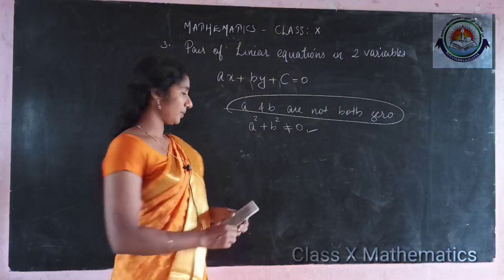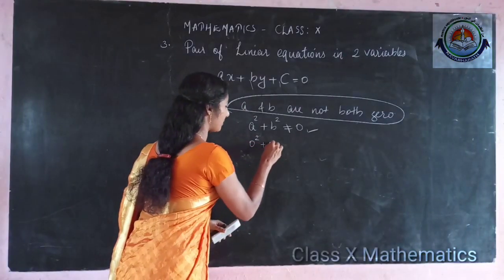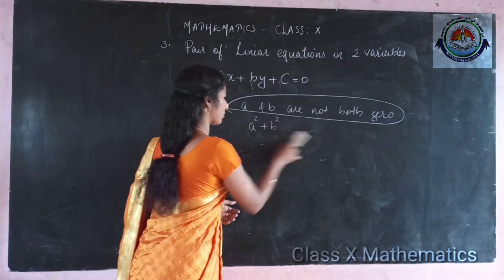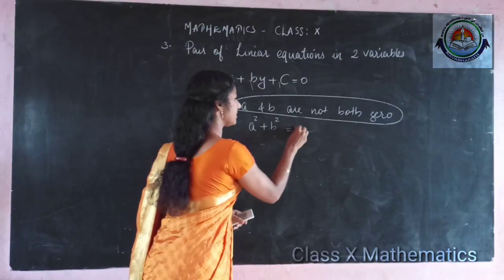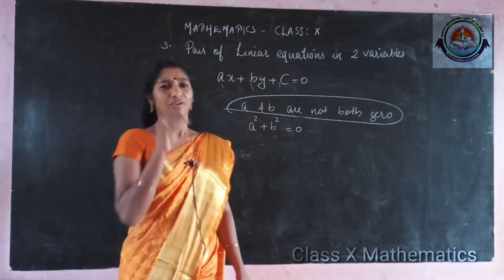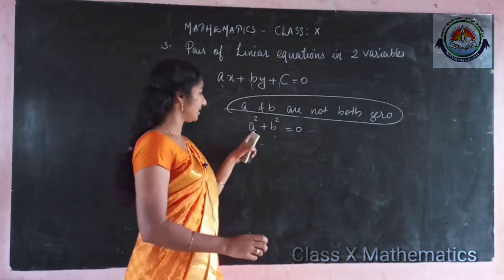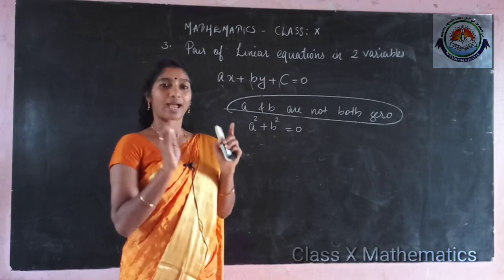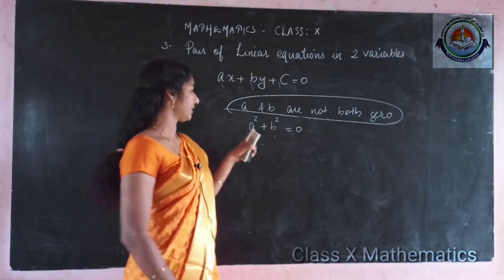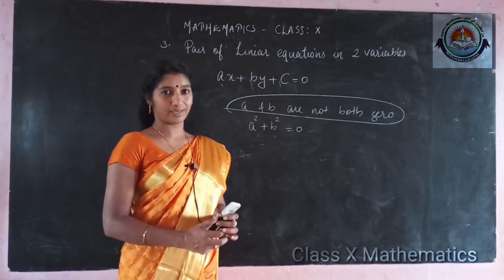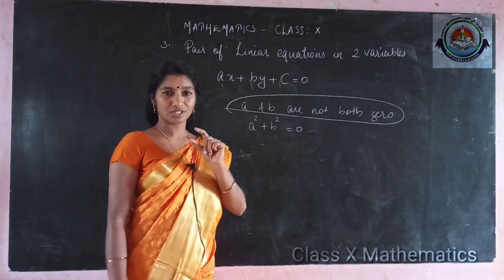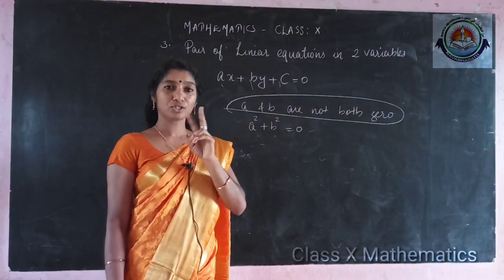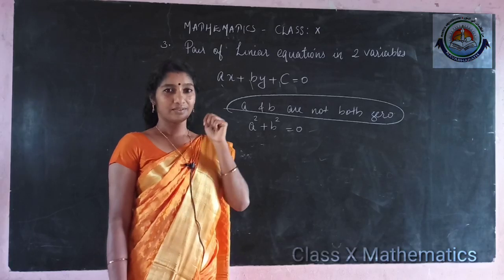See, if both a and b are 0, we will get 0 square plus 0 square is equal to 0. If a square plus b square is equal to 0, we are forced to say that a and b are 0. If a is equal to 0 and b equal to 0, that time only we will get a square plus b square equal to 0. Why? A square is a positive number, b square is another positive number. When we add two positive numbers and get 0,